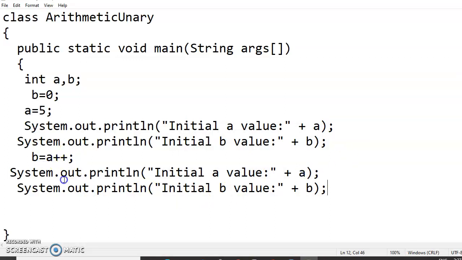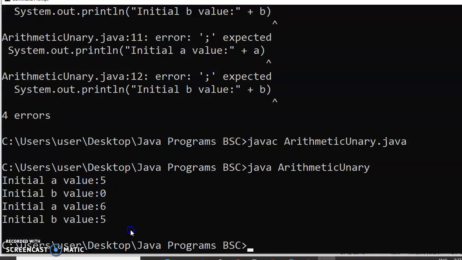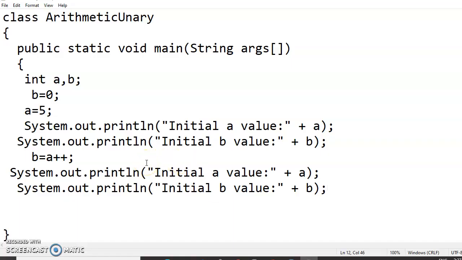But why is the b value 5 here? That is what you want to learn in this program. If you write the plus plus symbol after a, it is post increment. So whatever the initial a value is, that is assigned to b. Now it has 5. Later on, the a value is incremented by 1.